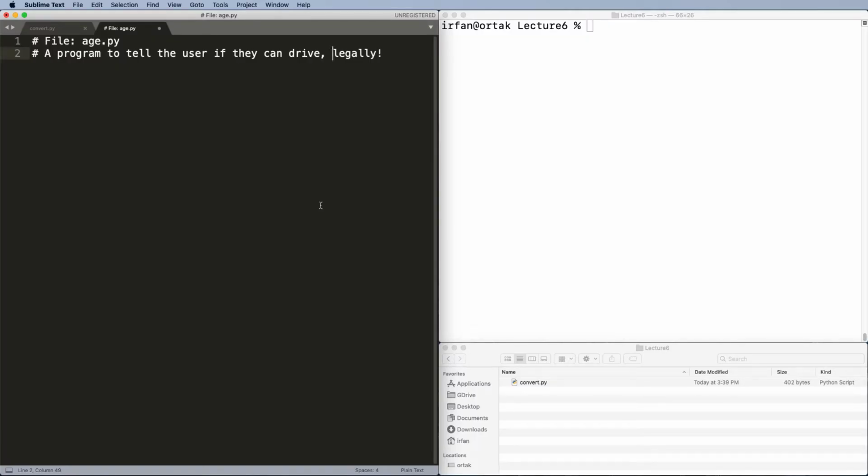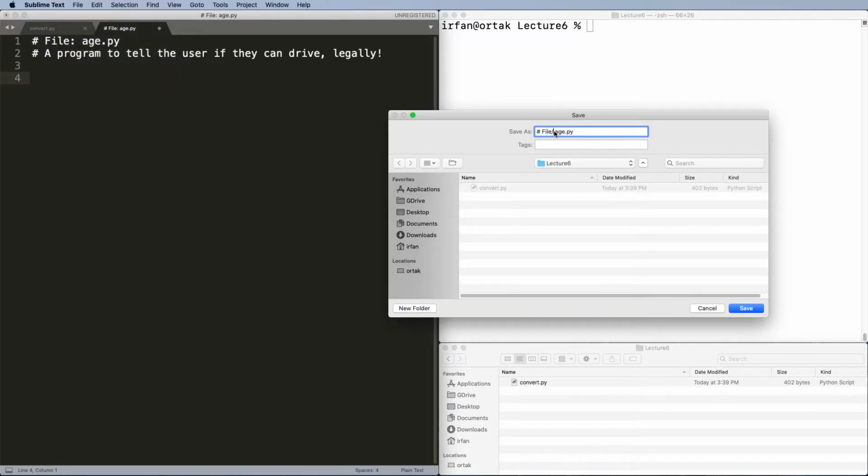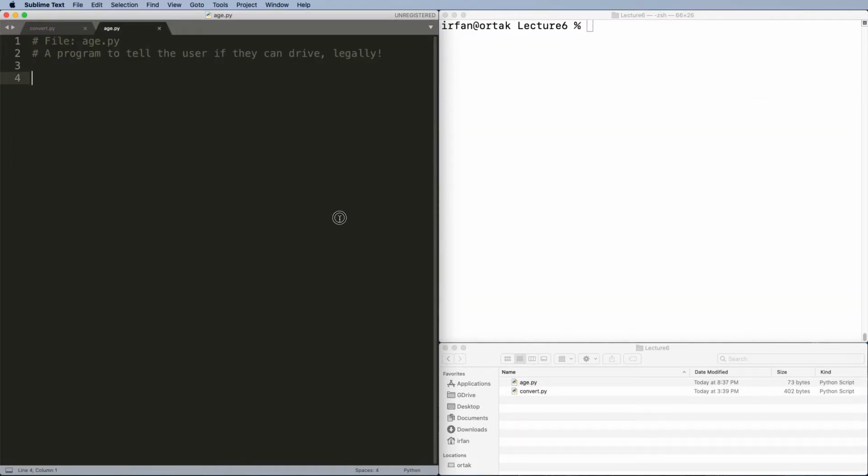Alright, let's work on a program to tell the user if they can drive or not, and this time we're going to use a file. So I'm going to save this as, let's call this age.py and define our main function. Alright, so we can again input age as an integer, input, we can say